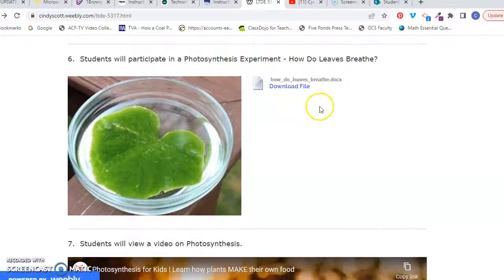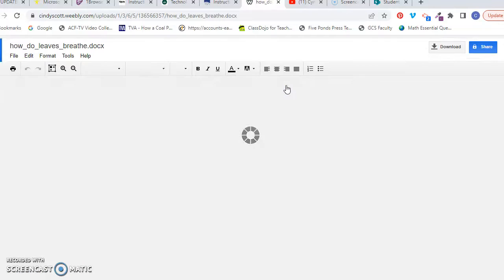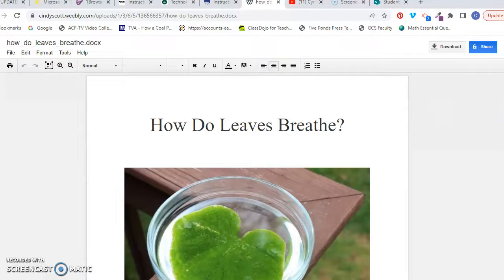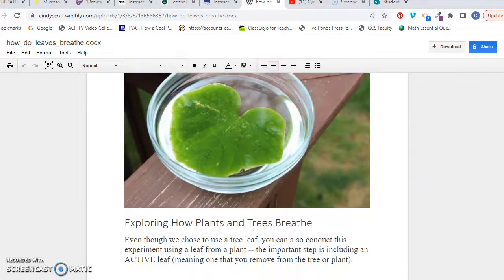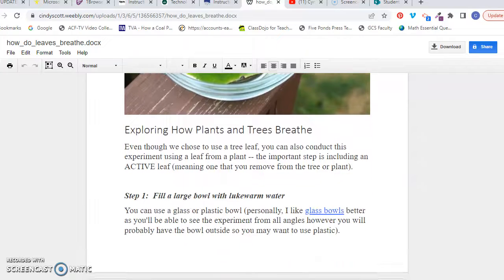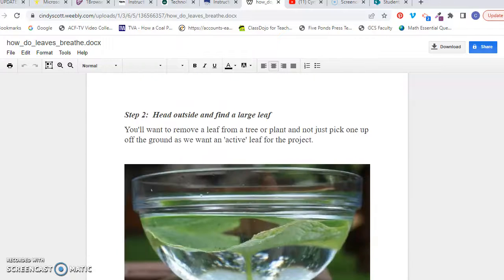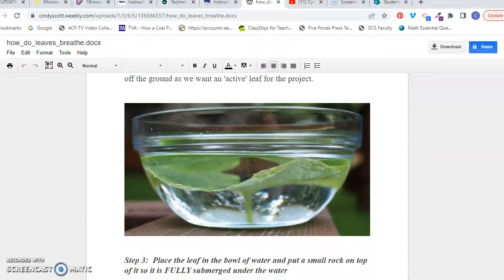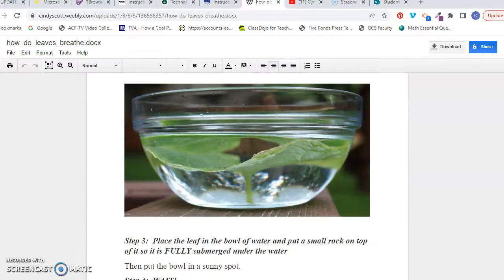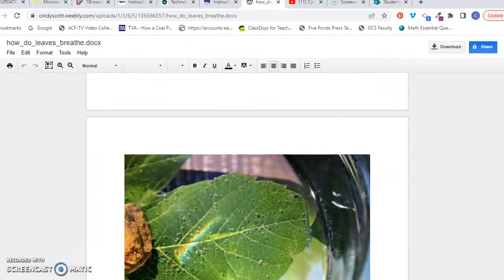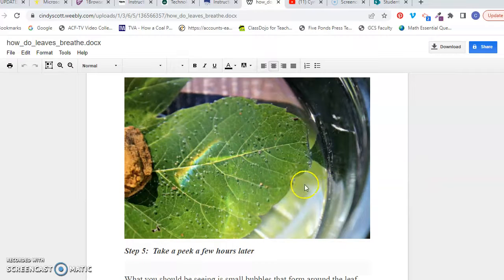The next activity is to help them see photosynthesis taking place and the respiration that's actually taking place. They would again get an active leaf, put it in water, submerge it totally. If they needed to, put a little rock on it, and then let it sit in the water for a couple of hours. Come back, wait, and then what they should be able to see, and you can see here